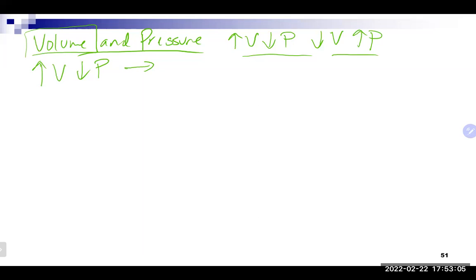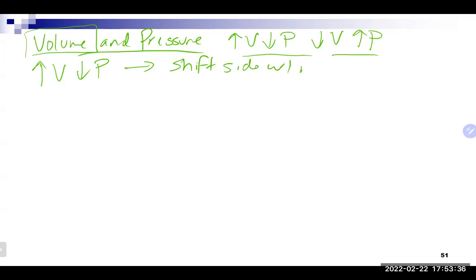So if you think about it, the change that we're seeing is the pressure is coming down, which means essentially we want to bring the pressure back up. In order to bring the pressure back up, do we need more or less gas molecules to do that? We need more, right? Bigger volume, more gas molecules, more collisions, more pressure. That will compensate for the change that we saw and bring the pressure back to equilibrium. So it will shift to the side